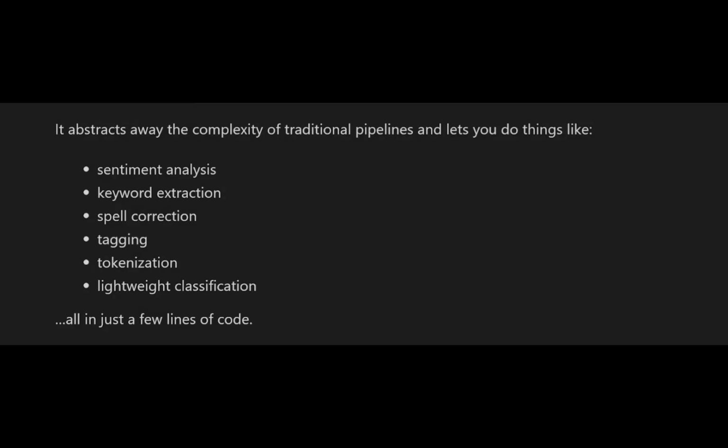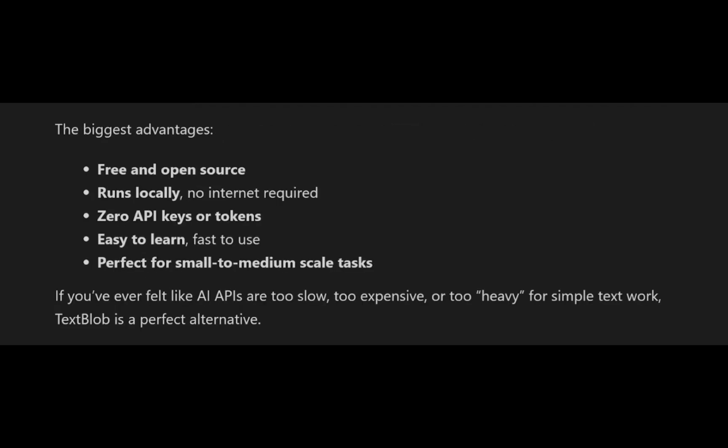It abstracts away the complexity of traditional pipelines and lets you do things like sentiment analysis, keyword extraction, spell correction, tagging, tokenization, and lightweight classification, all in just a few lines of code, as you will see later on in the video. The biggest advantages: it is free and open source, runs locally, no internet required, zero API keys or tokens, easy to learn, fast to use. It's perfect for small to medium scale tasks. If you ever felt like AI APIs are too slow, too expensive, or too heavy for simple text work,